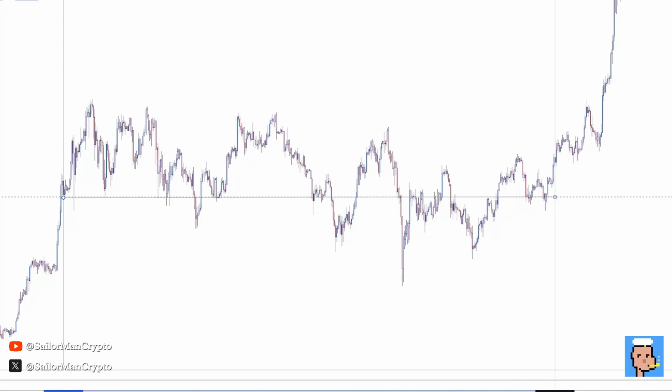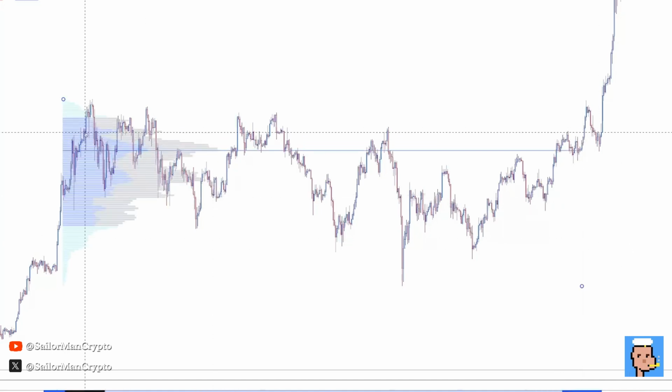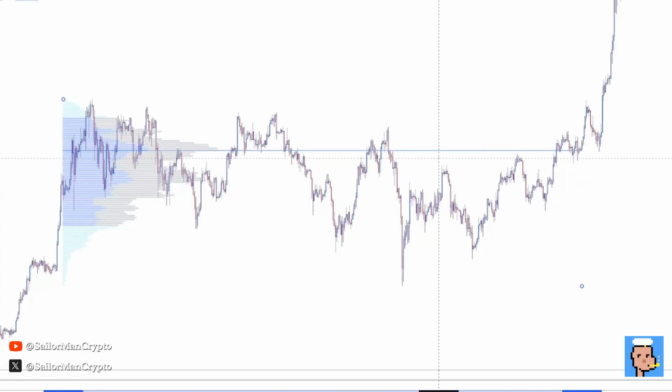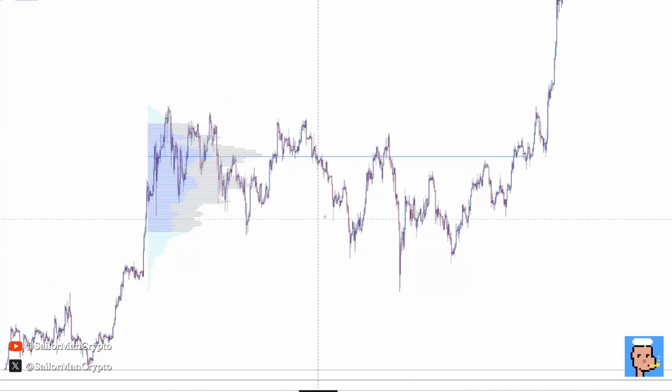So since it's the most traded level within the whole range, you don't want to do business in the most traded level of each range, because it's exchanged a lot and you want to try to do business far away from that level. So while the range is evolving, you want to stay far away from the point of control, and you mainly use value area high and value area low to look for long and to look for short,